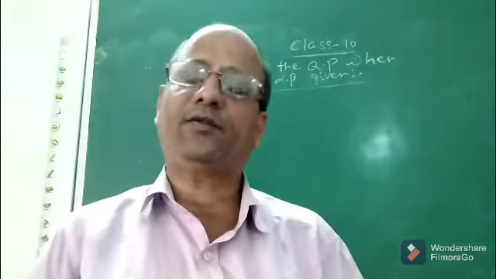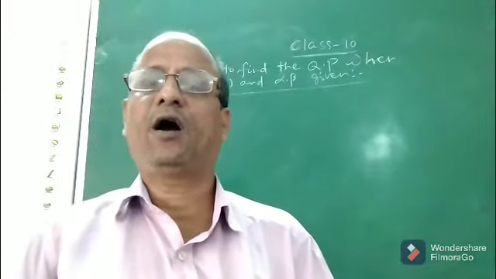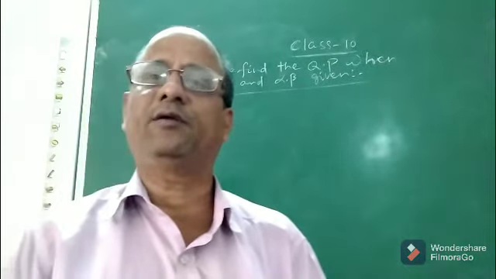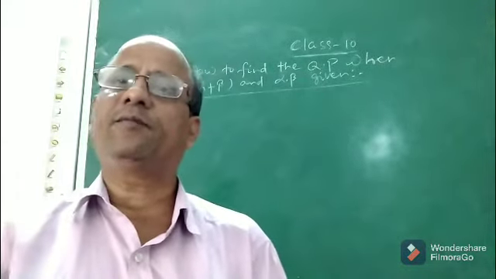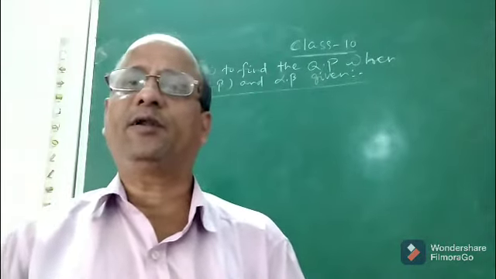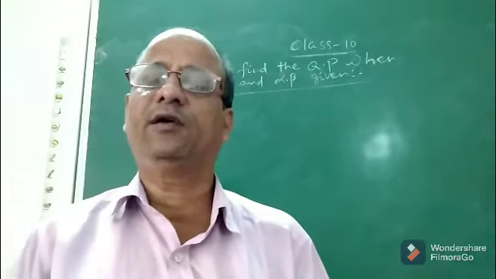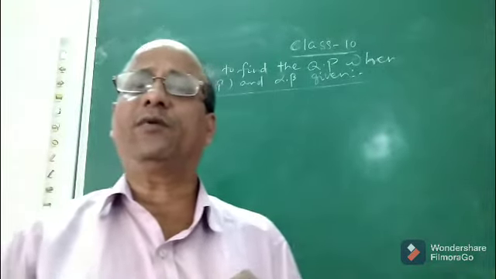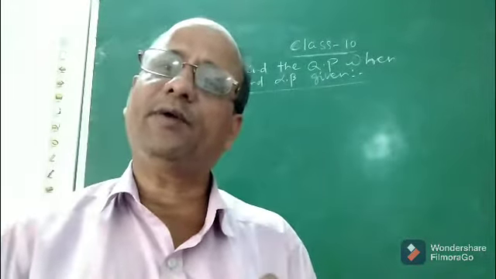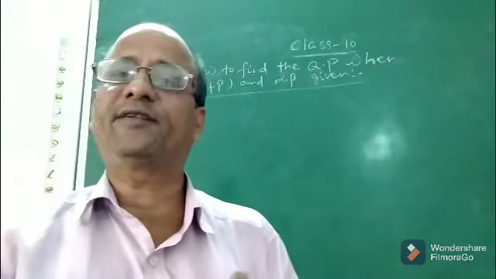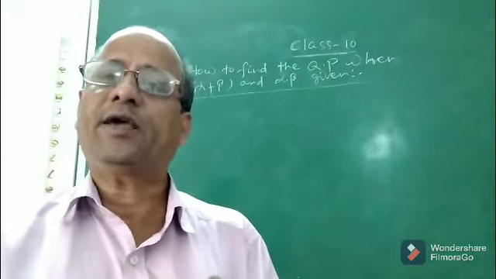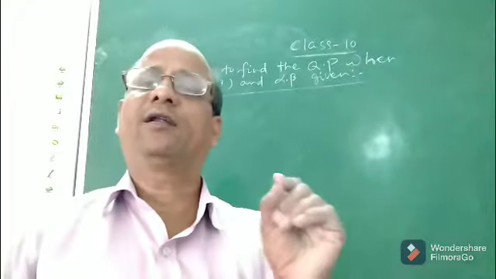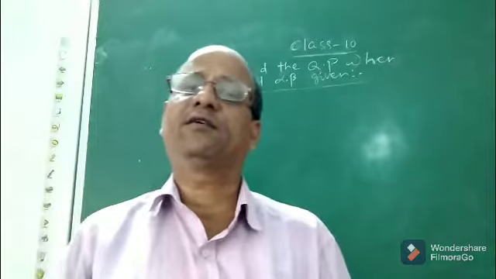Children, in the previous class we discussed how to find zeros of a linear polynomial and a quadratic polynomial, the graphs of linear and quadratic polynomials. We discussed everything in detail. Then we had also discussed the relation between the zeros of a quadratic polynomial and the different coefficients, namely a, b, and c.